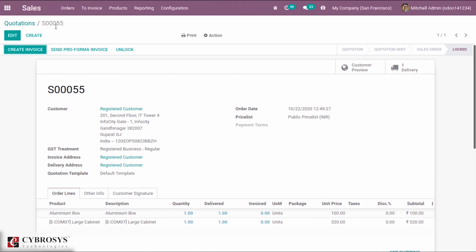So there are 3 types of packages. In 3 ways we can create packages for products. So please check the link above to know more about it.